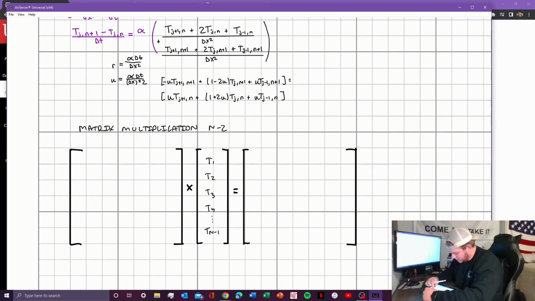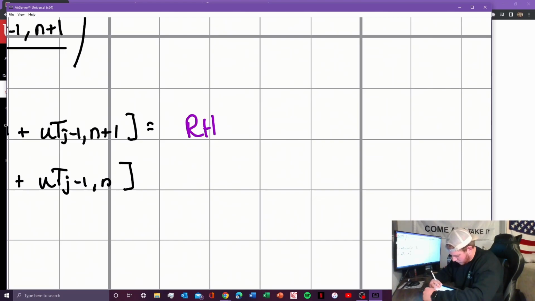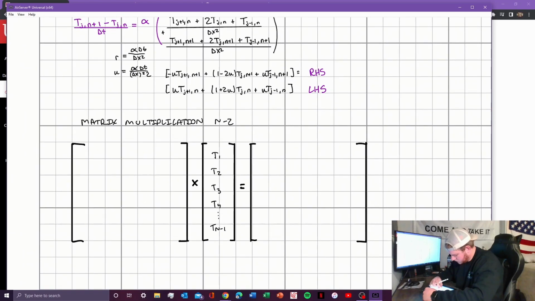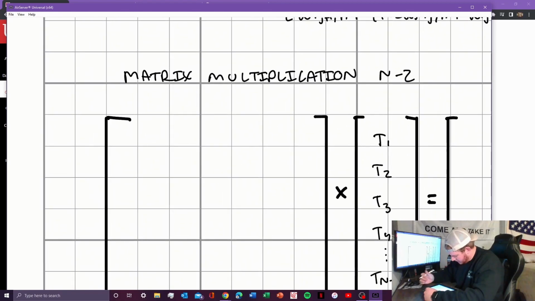So if we look at this matrix, let me also specify that this is the right hand side of the equation, and the left hand side. If we look at this matrix multiplication, and I won't try to explain this because it'll take too long and I'll probably screw it up 20 times. But when we go to multiply this, in the first column on the second row, we are going to get negative u. On the second column on the first row, we are going to get 1 plus 2u, and then minus u. But as you continue the matrix multiplication,